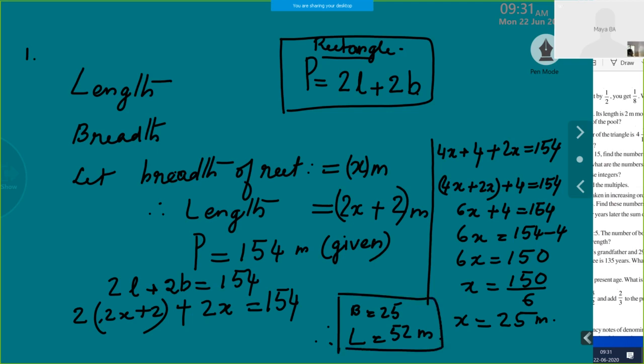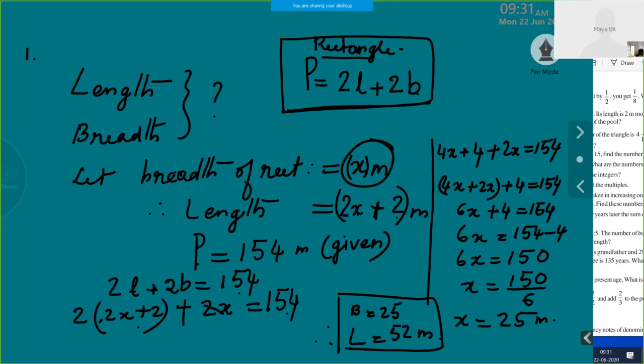Okay? So I repeat once again, this is the thing you need to find out in the question. And this is a formula, a basic expression which you learned in lower classes. So using the condition in the question, you have to find out the breadth and length of the rectangle. So I assumed the breadth as x, so length will be 2 more than twice of x. Now perimeter is 154. With the help of the formula, 2 length plus 2 breadth is 154. Length is 2x plus 2 substituted. Breadth is x substituted, which is equal to 154.